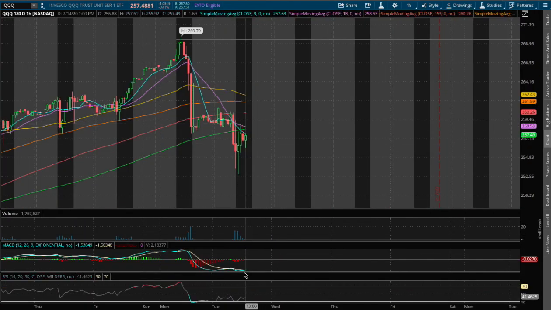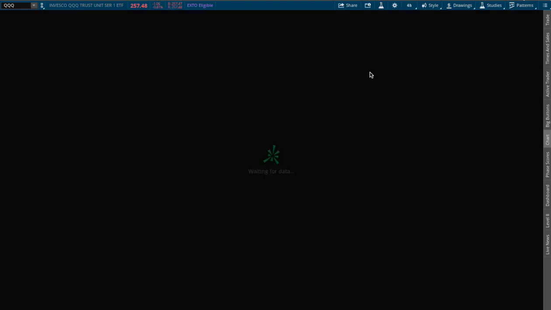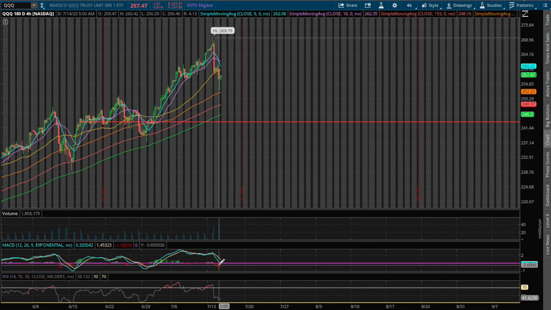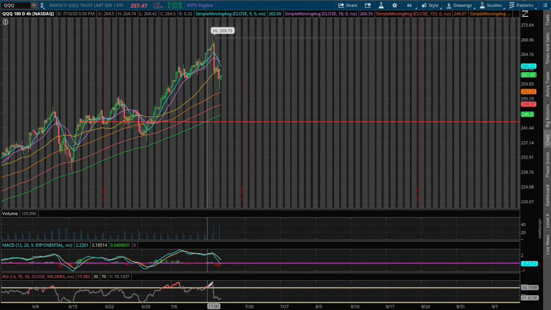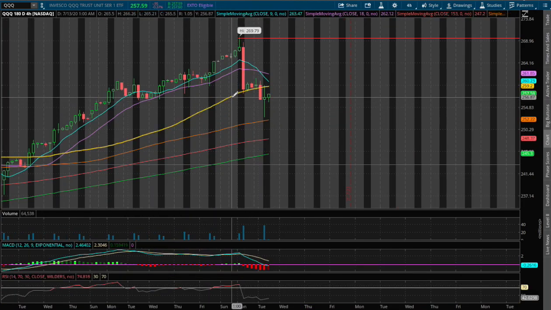We were oversold on the RSI on Monday, and we see a slight convergence today for the 1-hour MACD, and the 200 moving average, this green line, will act as our immediate resistance to the upside. As for the 4-hour chart, the 4-hour MACD is now approaching negative MACD. We were overbought on Monday, and we will start to see the 50 moving average, this yellow line, also act